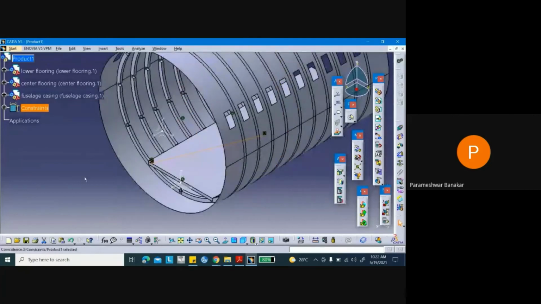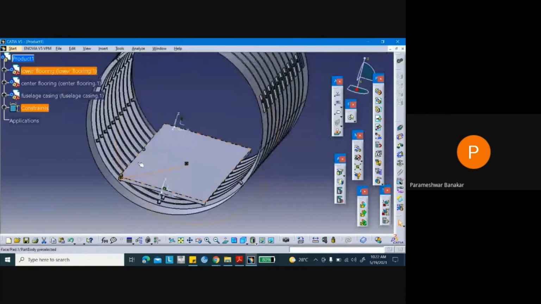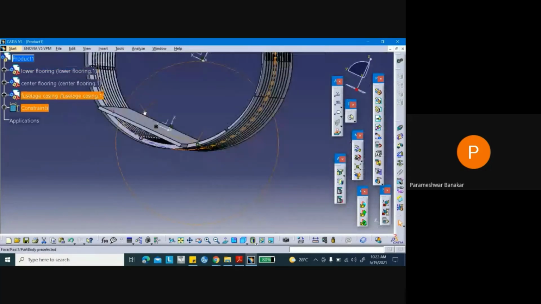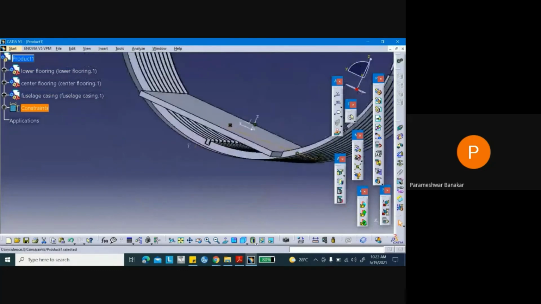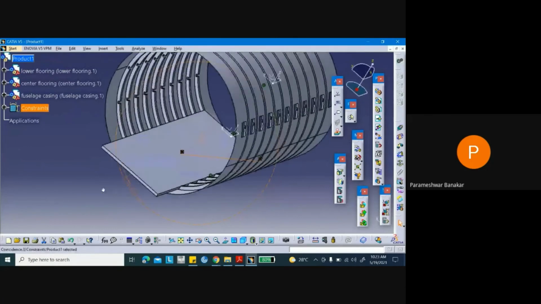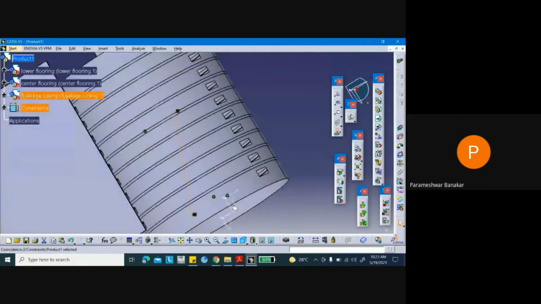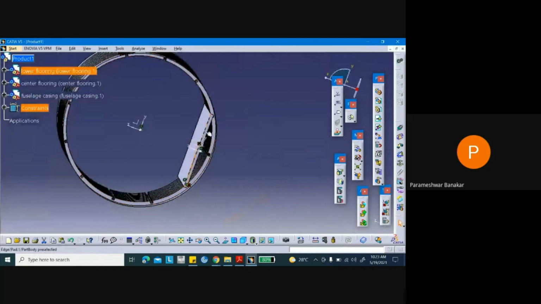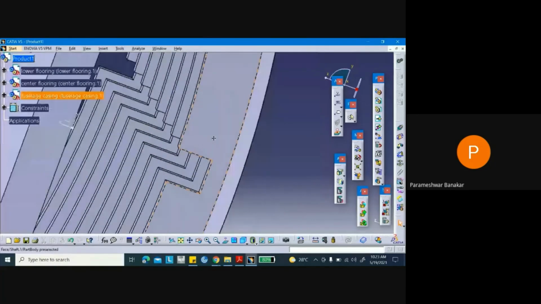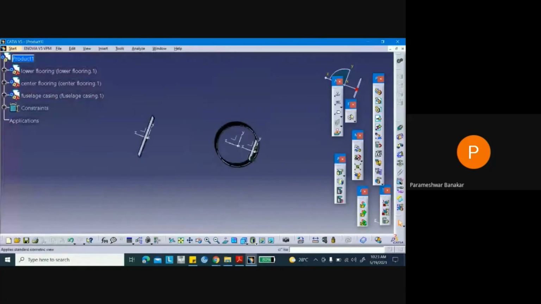So lower flooring, we have fixed it. You can see this. Lower flooring, we have fixed it. Okay. So now, actually, I want this to coincide with the outside 1 mm thickness that was there, but unfortunately it went there. What I will do, I will remove this. So now, come here. First, this.